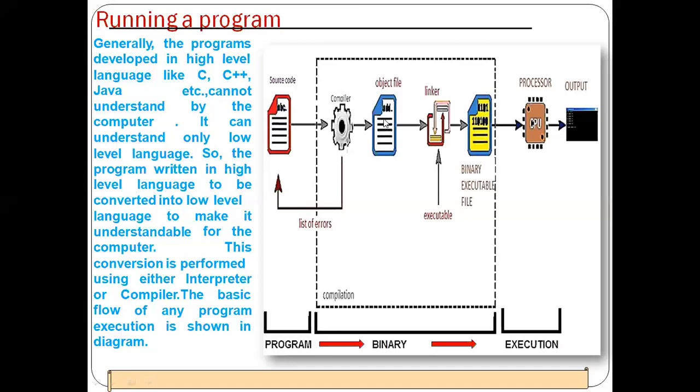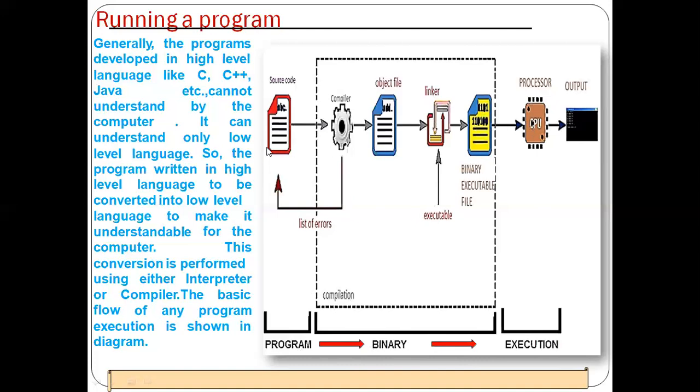In the previous diagram I showed you, sum equals a plus b. Sum is an object, and it will be sent to print sum. So just like any object, it will send that object. The linker will link both the input and output executable parts, and after this it will send the output. Then there is the program binary execution, then the CPU processor, then the output is displayed.